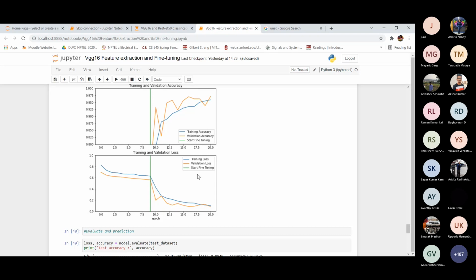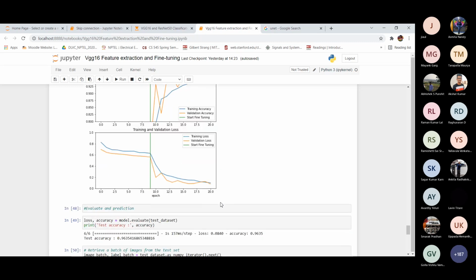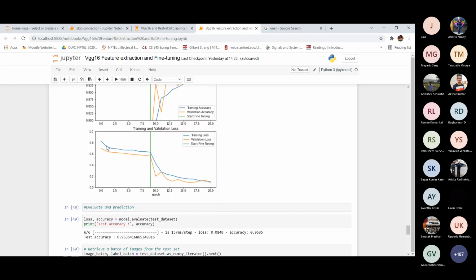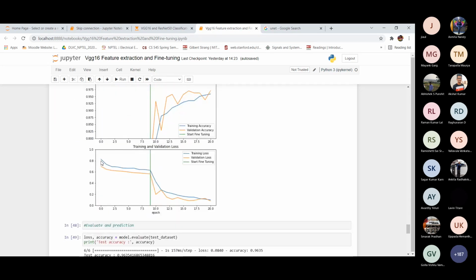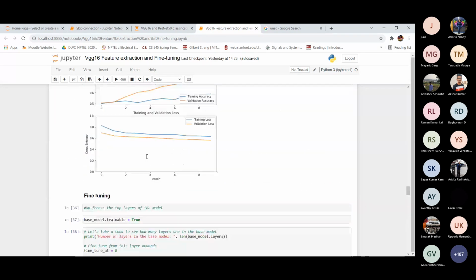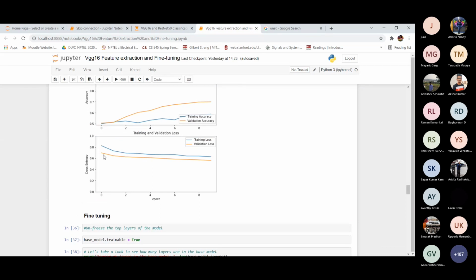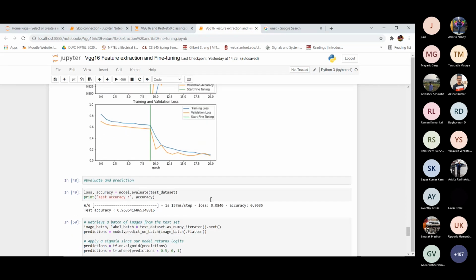Initially our loss was between 0.6 and 0.8 in the graph, and after using fine tuning we are getting better performance, the loss is decreasing. Here the loss is 0.09, for both training loss and validation loss.